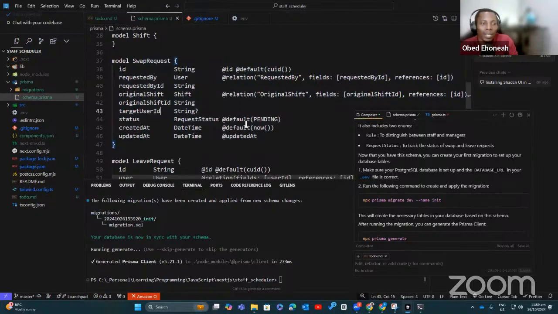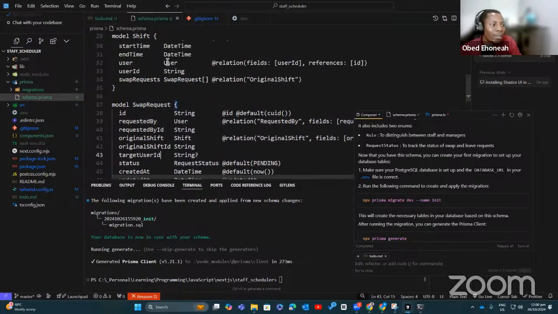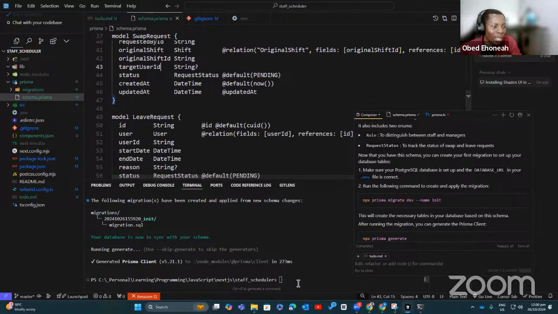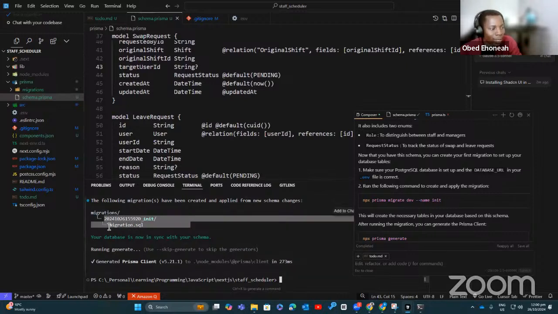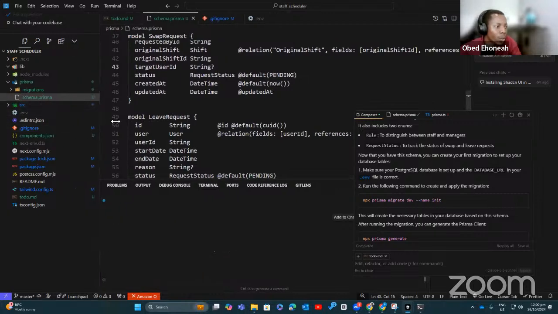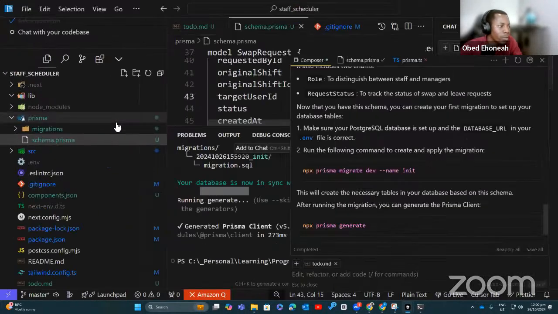Once you are done with that, I'm going to generate the SQL file for you so that you can now run the SQL file. So that is what is happening here. Now we are done running the migration. So you see this file has been created and this directory has been created, and within that we have this file. So if we come to this side of our code, let me zoom into it for you to see.